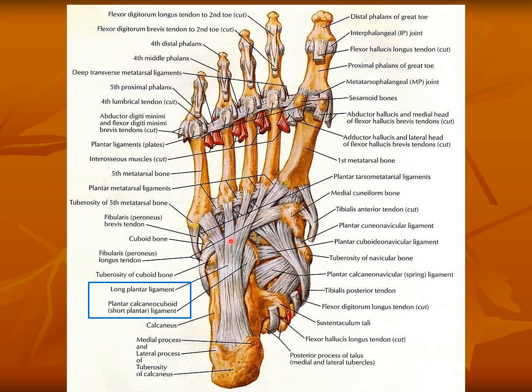Over here, from the sole of the foot, you can see the long plantar ligament, as well as the plantar calcaneocuboid, which is also known as the short plantar. So the short plantar, the plantar calcaneocuboid ligament, is between the calcaneum and cuboid, and the long plantar is between the calcaneum and the forefoot. As it goes forward, it divides into four slips for the bases of the lateral four digits. So these two ligaments are the staples for the lateral longitudinal arch.